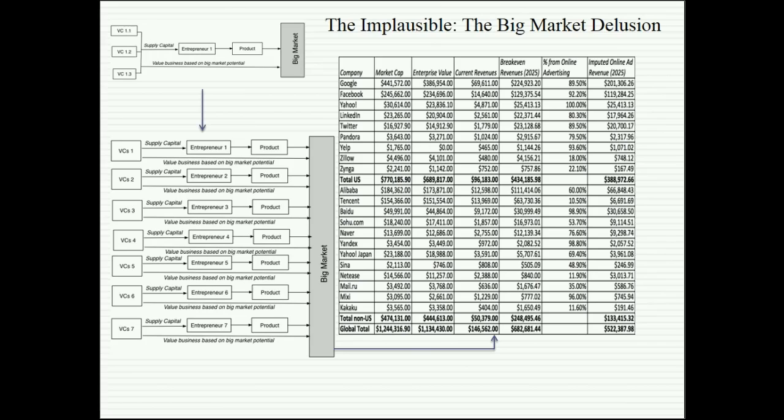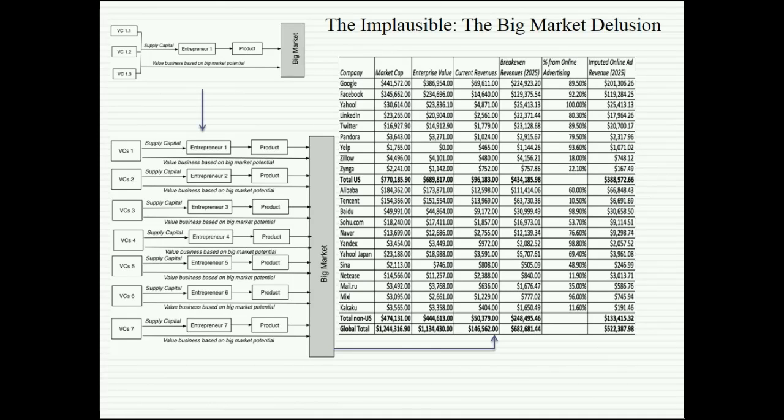So what does it mean when I say you're overconfident? What's happening? You're overestimating your chance of success. You're overestimating the revenues and profits you will make, and you value your business with those overestimates. Remember, you're not the only one who saw this big market. There are 100 other clusters just like yours, with an overconfident entrepreneur and 3 overconfident venture capitalists, all looking at that big market.